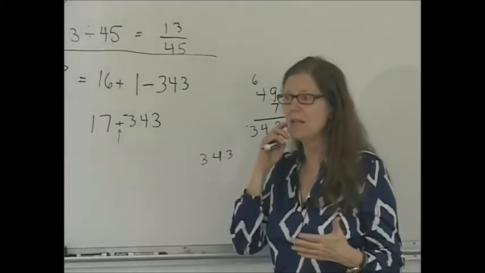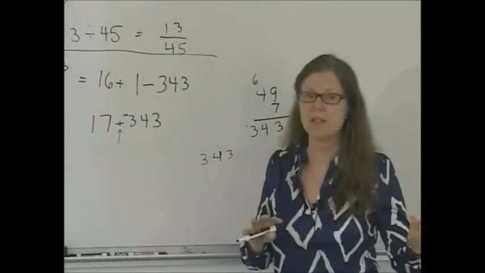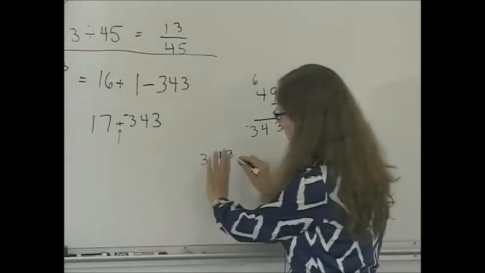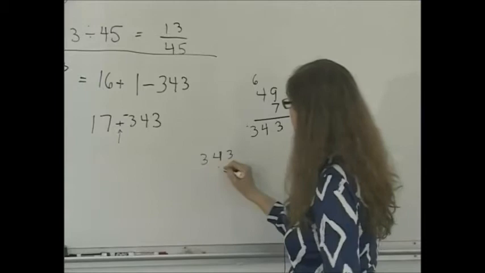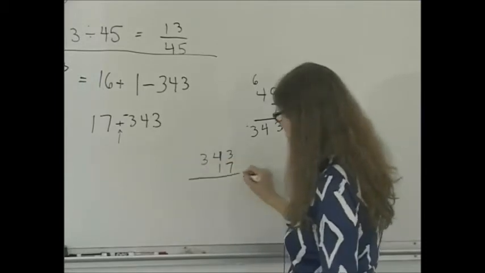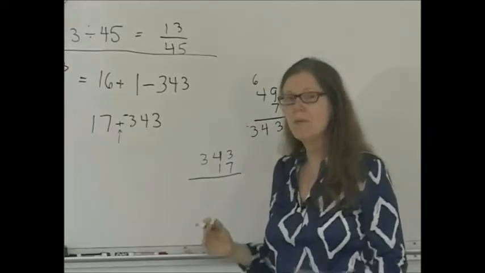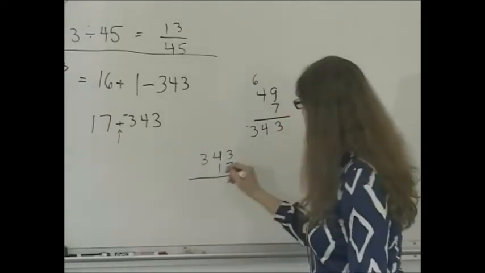So an absolute value is the number regardless of sign, just the number itself. So I've got this number, and I'm ignoring the fact that it's a negative. I've got this number, and I'm ignoring the fact that it's a positive. I want the difference between their absolute values. So that'll be,